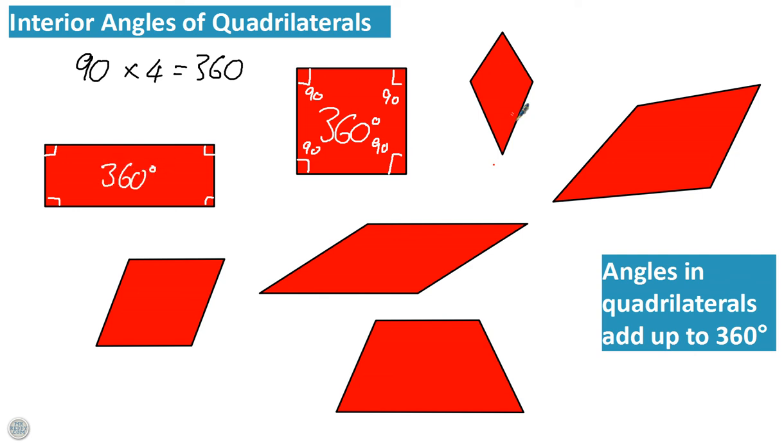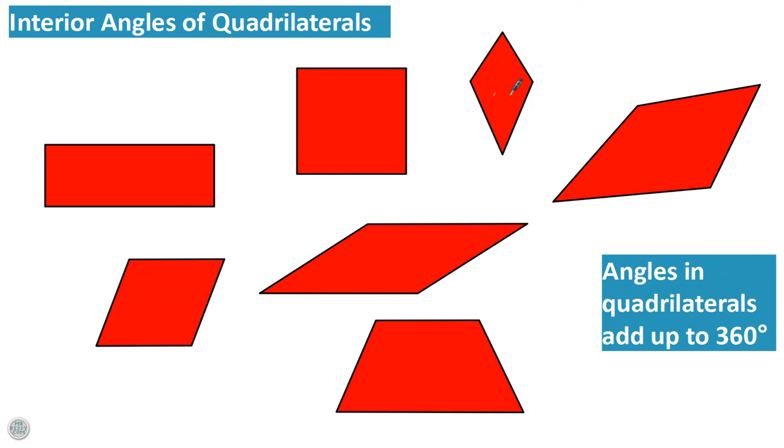Now, I'd like to try and convince you that all these other quadrilaterals, all these other four-sided shapes, also have an interior angle sum of 360. And in fact, any four-sided shape will have an interior angle sum of 360 degrees. Now I'm going to try and convince you, right? Well, if you remember back to when you learned that triangles had